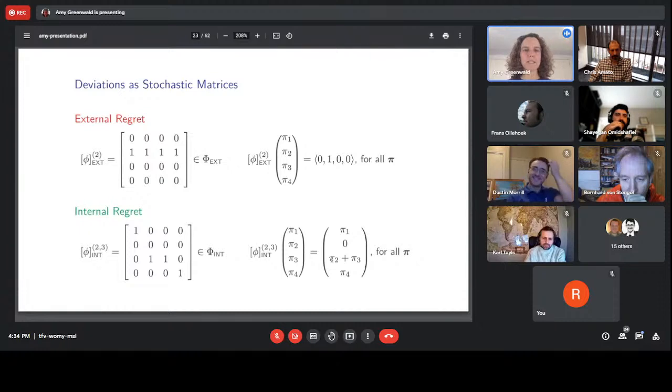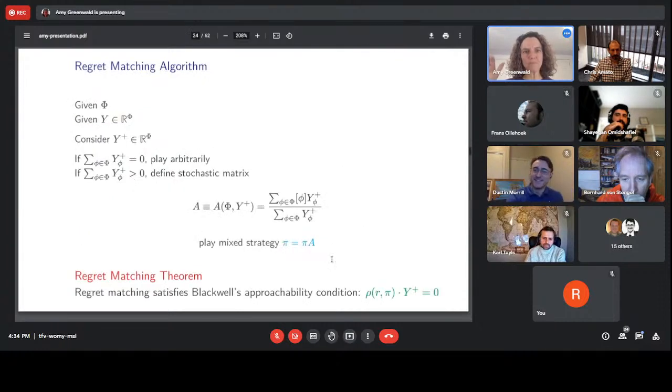Okay, great. So why do I like to think about deviations as stochastic matrices? The reason is that we have a really nice regret matching algorithm which uses this formulation. So how does that work? Imagine that we're in phi space, the set of possible deviations, and we have a current regret vector in this phi space. We'll look only at the positive parts of the regret vector. We'll ignore the negative parts, because we want to know what we have regret for,